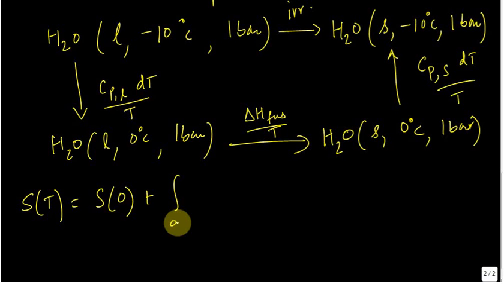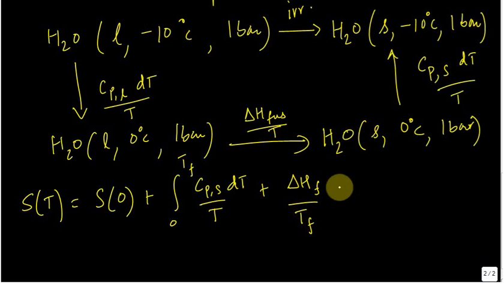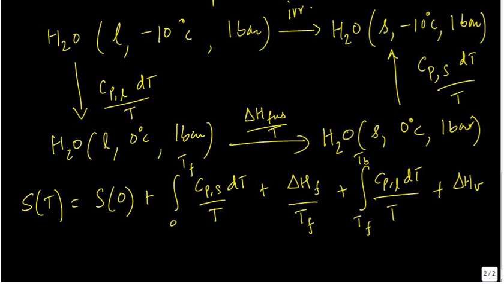But I could write it like this. From 0 till the fusion temperature Tf, integral of Cp of the solid times dT by T, plus delta H of fusion by temperature of fusion, plus integral from Tf to T boiling of Cp liquid dT by T, plus delta H of vaporization by the boiling temperature, plus, so I am just adding up all these entropy terms,